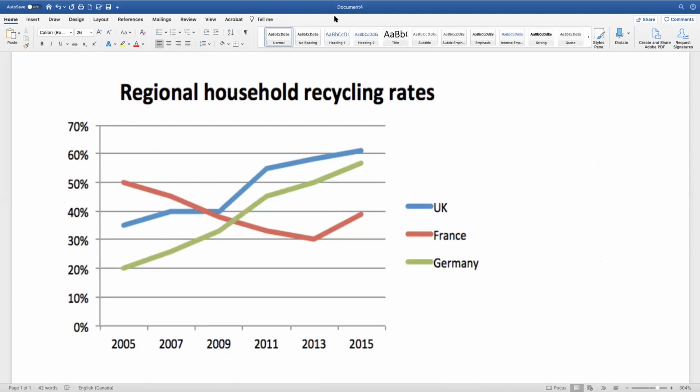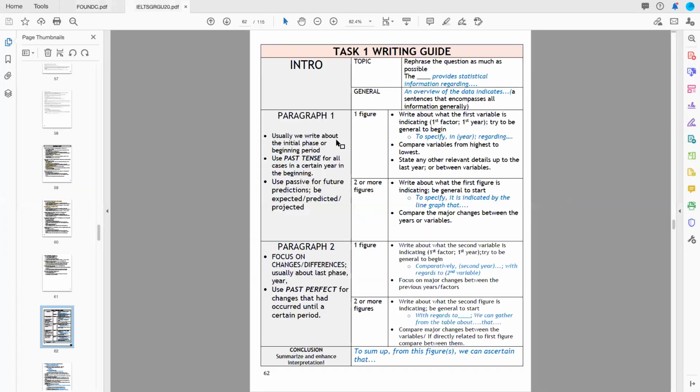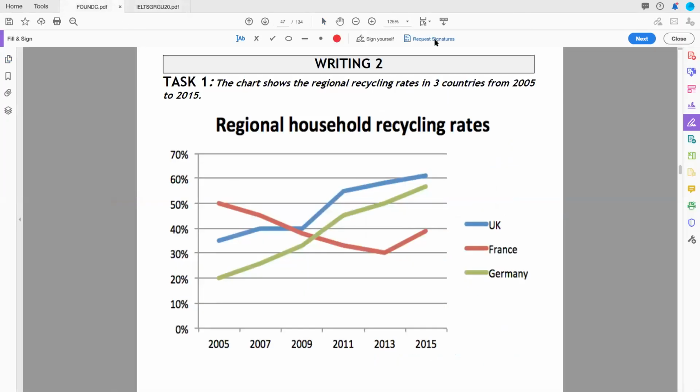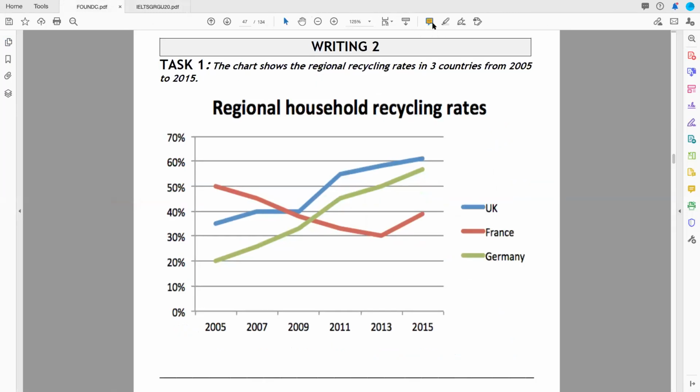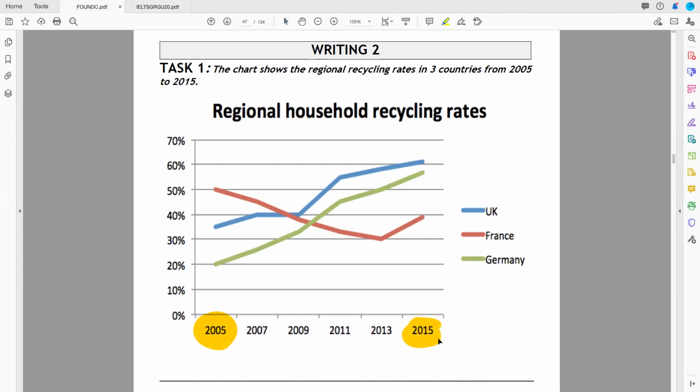Like we said over here, let's look at our graph in our other page. Okay. Let's look at our guide. We should try to write about the first year and the second year. That's how we're going to divide our writing. So we're definitely going to mention this year, 2005, and this for sure. Now, between 2007, 9, 11, and 13,